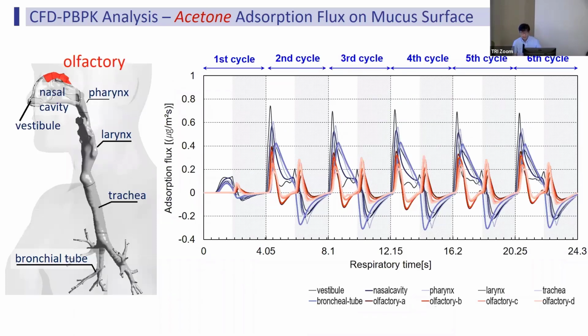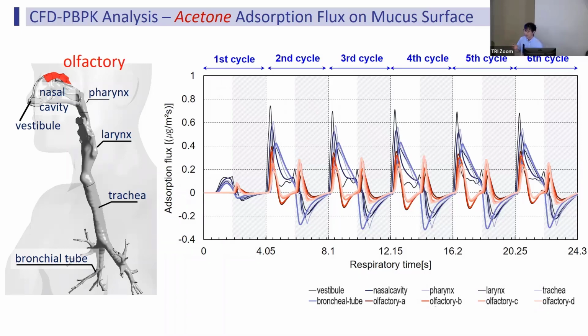Okay, this is the time trend transient analysis of acetone adsorption flux on mucous surfaces. I would like to say 3 points. First one is the differences of first breathing, respiration, and second breathing, and significant difference. And second point is this red color shows the adsorption flux onto the olfactory region, and blue one shows the